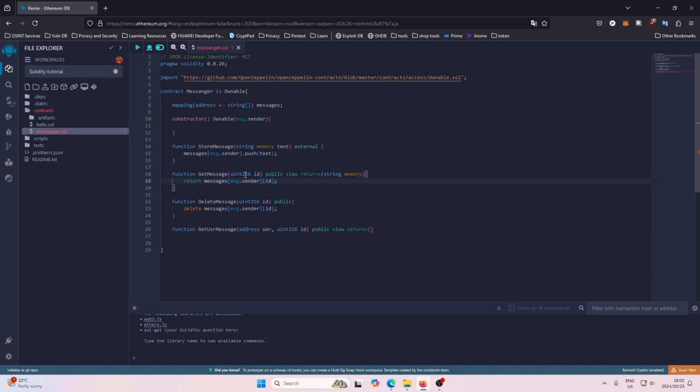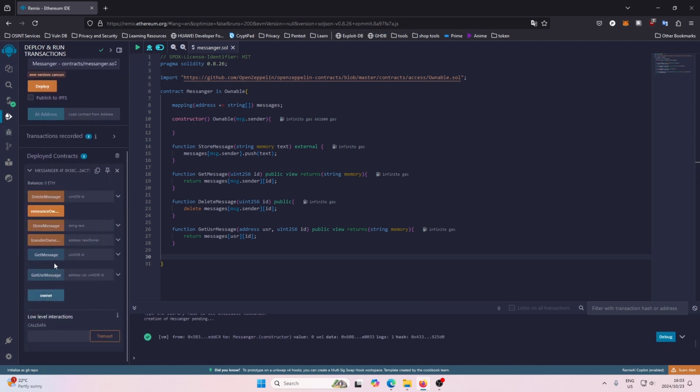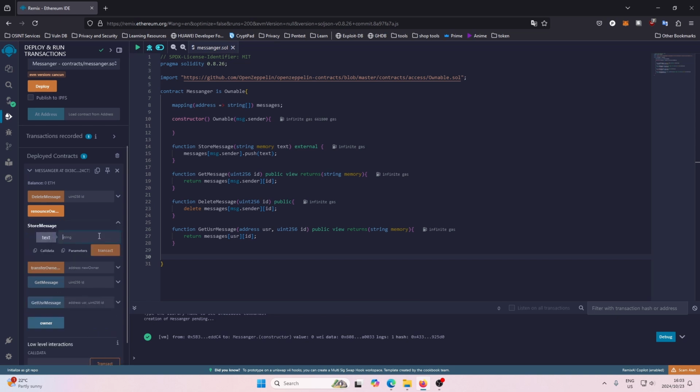The only difference is we're taking in an address here, and we add in our curly braces, and this time we want to do the same return, but instead of message.sender here we want to do user. So if we save this and deploy and run our contract, we should see that now if we store a message,